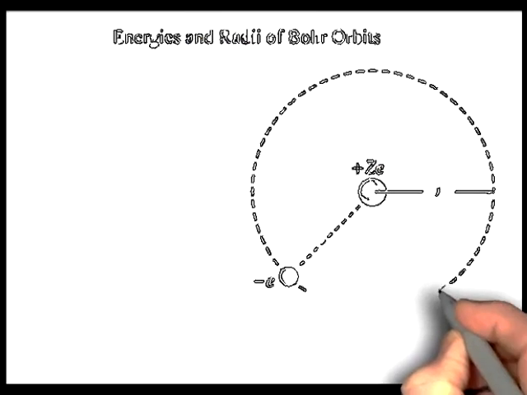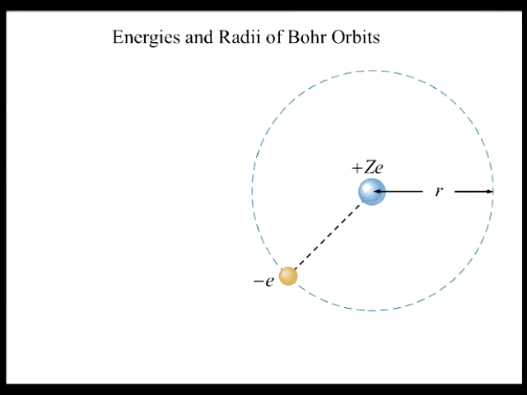For an electron of mass m and speed v in an orbit of radius r, as seen here, the total energy is the kinetic energy, KE, of the electron, plus the electric potential energy, EPE. The kinetic energy is given by 1/2 mv squared. The potential energy is the product of the charge, negative e, on the electron, and the electric potential produced by the positive nuclear charge. In general, we assume that the nucleus contains Z protons, for a total nuclear charge of plus Ze. Later we will set Z equal to 1, since the hydrogen atom has only one proton in its